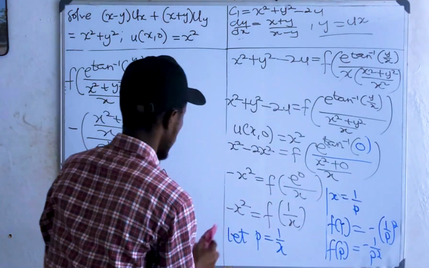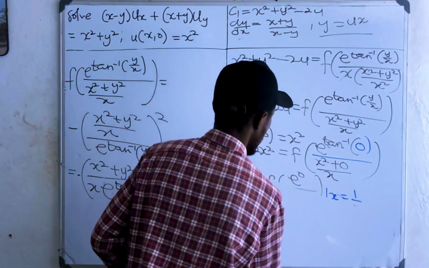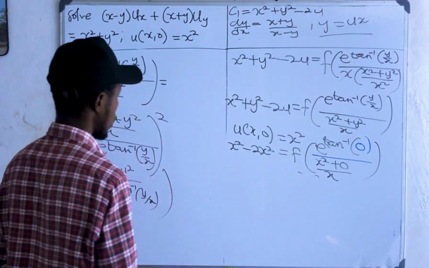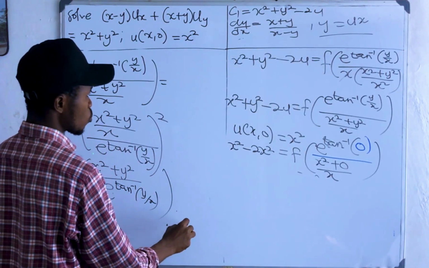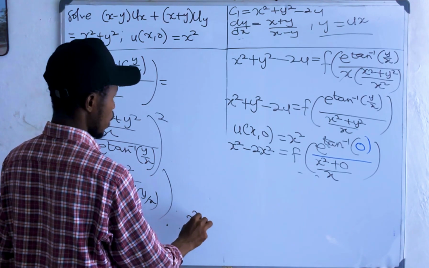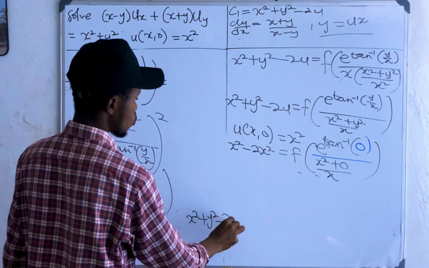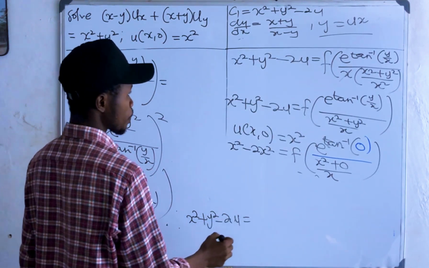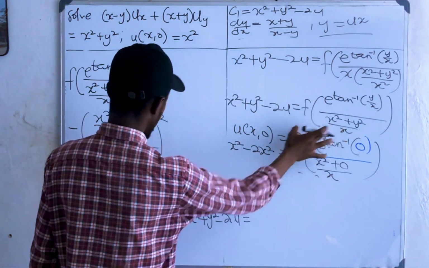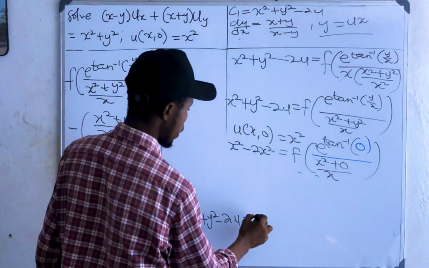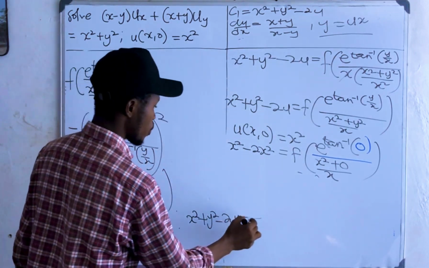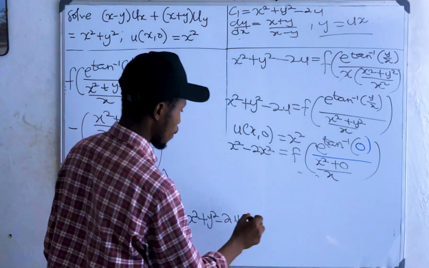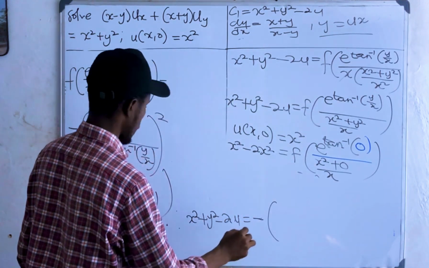So let me clean here. Therefore our final answer is going to be x squared plus y squared minus 2u equals, instead of this it's now this, so we have negative x squared